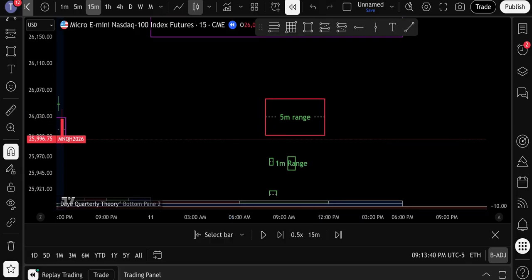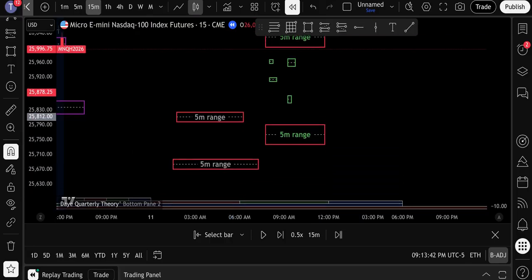Okay, so that would be a first partial. If a student would use this entry on this fair value